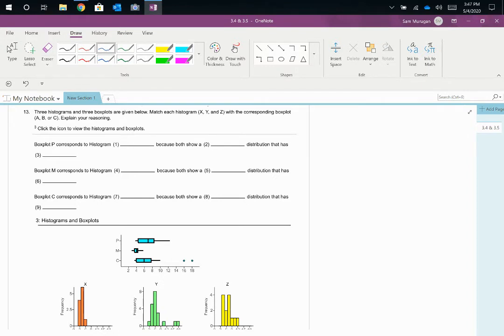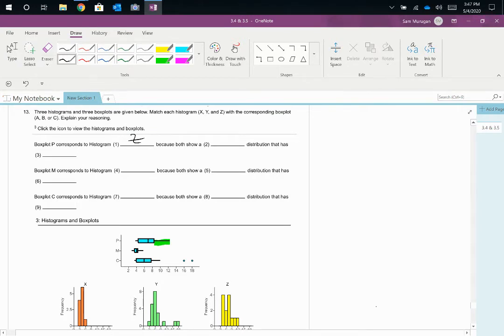So this is a right skewed box plot, which would correspond to histogram Z, because it doesn't show outliers. This is also right skewed. Y is also right skewed, but Y has outliers. Z doesn't have outliers, so I would compare it to histogram Z,